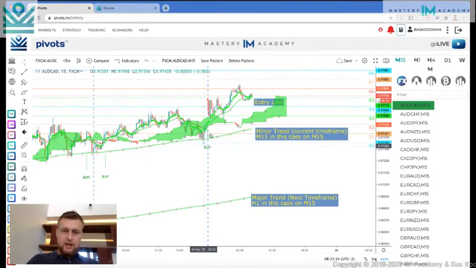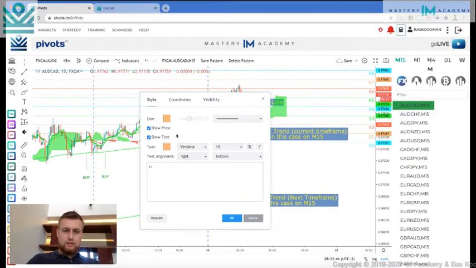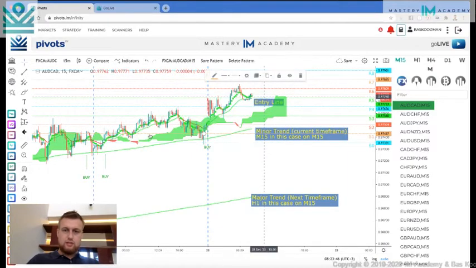Now, in the next version of Infinity, we will make a new version. The buy will only come when it actually is fully above the cloud. So at this moment, the buy signals are coming when it's in the cloud or above the cloud. So when the entry line switches from red, as you see here, red, to green, we will have the buy signal. So if I just for a second turn off the cloud,